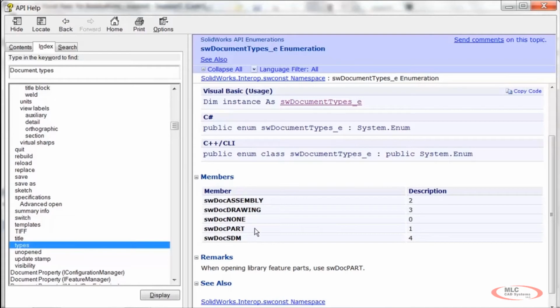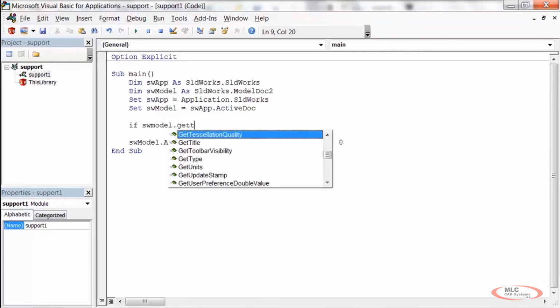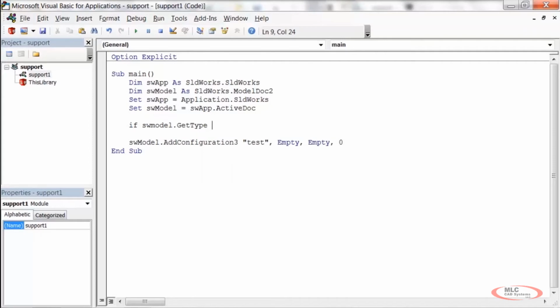So what I'm going to do is copy this. And since we're doing a test, we need to use the if statement, the if then else statement. So what I'm going to do is say if swmodel.getType does not equal